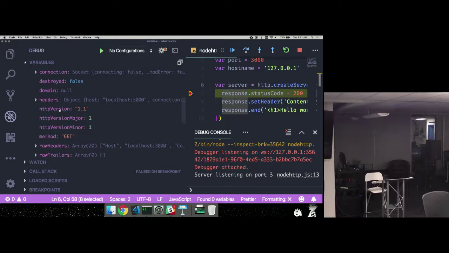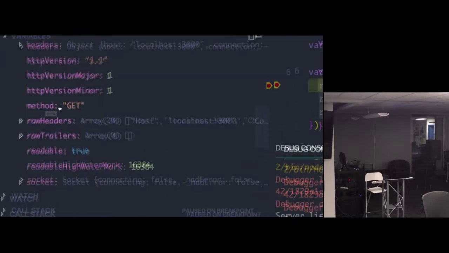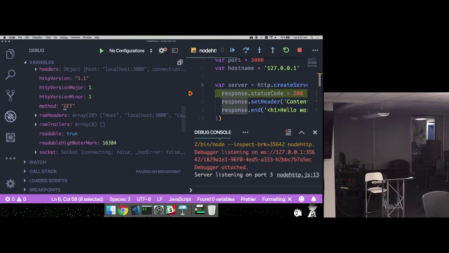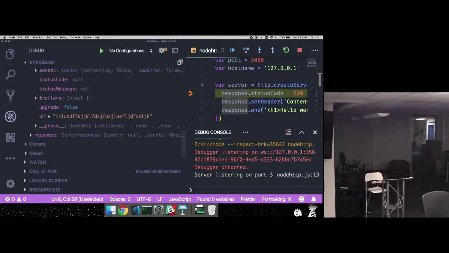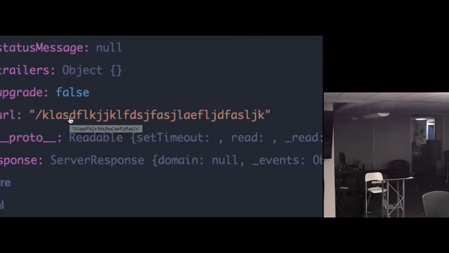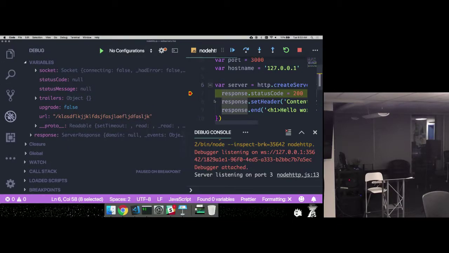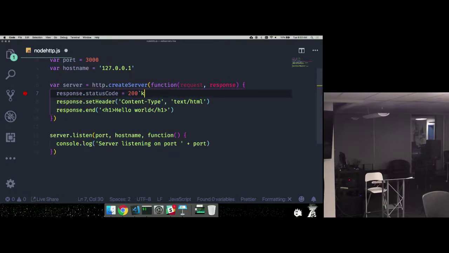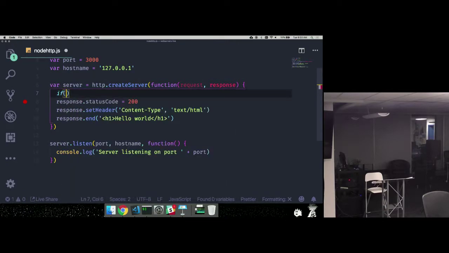We've got the HTTP version. We've got a method here, so I can say request.method, and it would tell me that it is the GET method. I can say request.url, and sure enough, there it tells me what the path is that was used to make the request. So here, I would start to do some conditional logic. I might say if the request.url is equal to just a /,